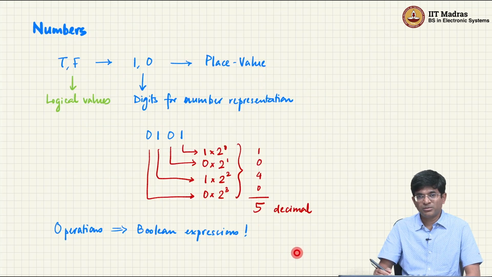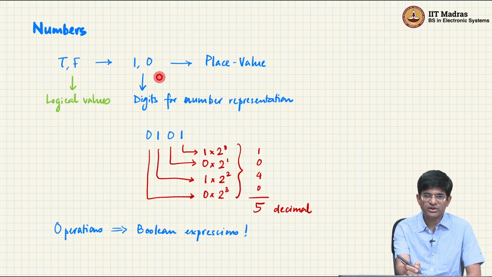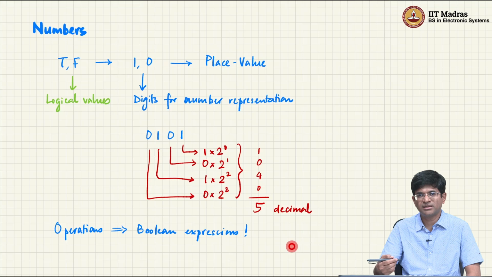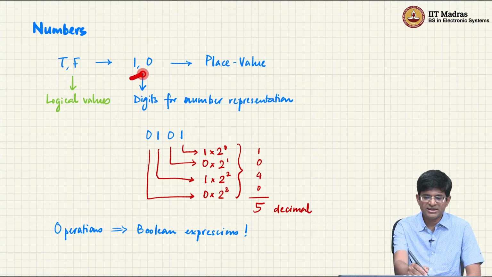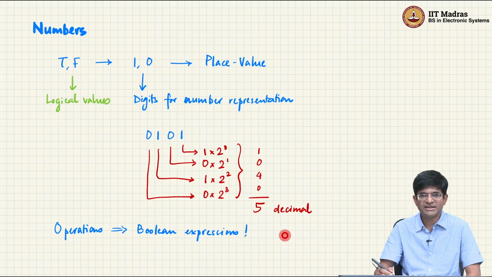Now, so far so good. We were purely talking about Boolean algebra and the idea of how we can construct gates and various kinds of elements that allow us to manipulate these truth values. Now, the interesting thing was at some point we said that these logical values t and f could also be mapped into 1 and 0, and that actually opens up a whole new set of ideas over here, which is that 1 and 0 now remind us of the fact that these are numerical digits, right? Of course, in the decimal system we are used to 0, 1, 2, 3 all the way up to 9. This is only 0 and 1, but we can still think of them as numerical digits,